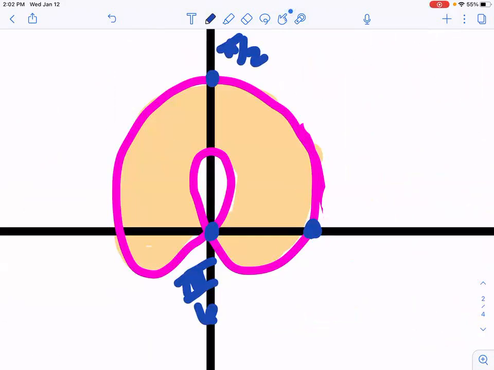That's where we hit the pole. So that's where the loop starts. And then 11 pi over 6 is when we're back at the pole. So that's where the loop stops. Okay. Now,